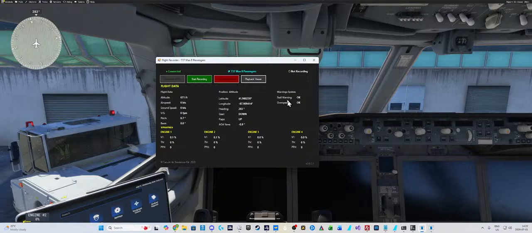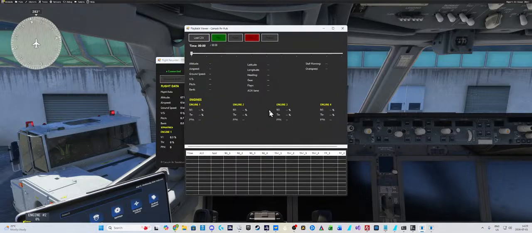And it shows us, you know, did we have a stall? Did we have an overspeed? It tells us where we are heading, gears down, flaps are up, and so forth and so forth. Okay. So when we hit record, it begins to record the information. It records every second of information. There are 28 or 29 bits of information that are being recorded, and that recording of the information can be